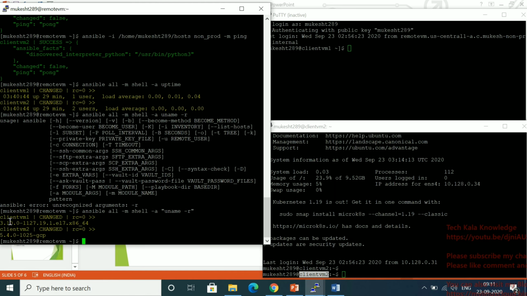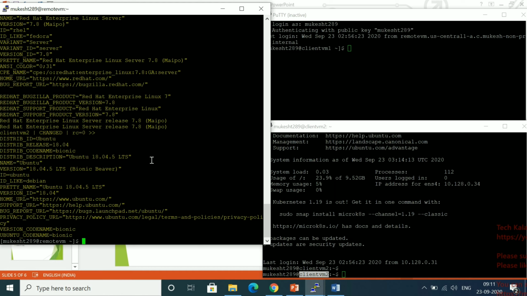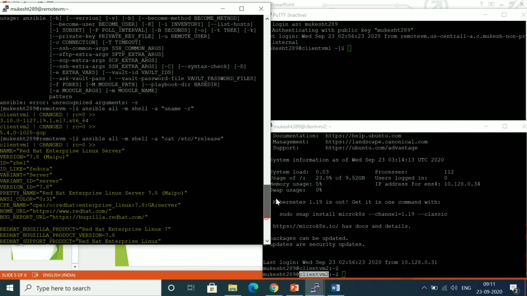Yeah, you can see it's showing the kernel version. I want to check which OS we are using. Then you have to use cat /etc/. This is one kind of task, right? See, it's showing here.